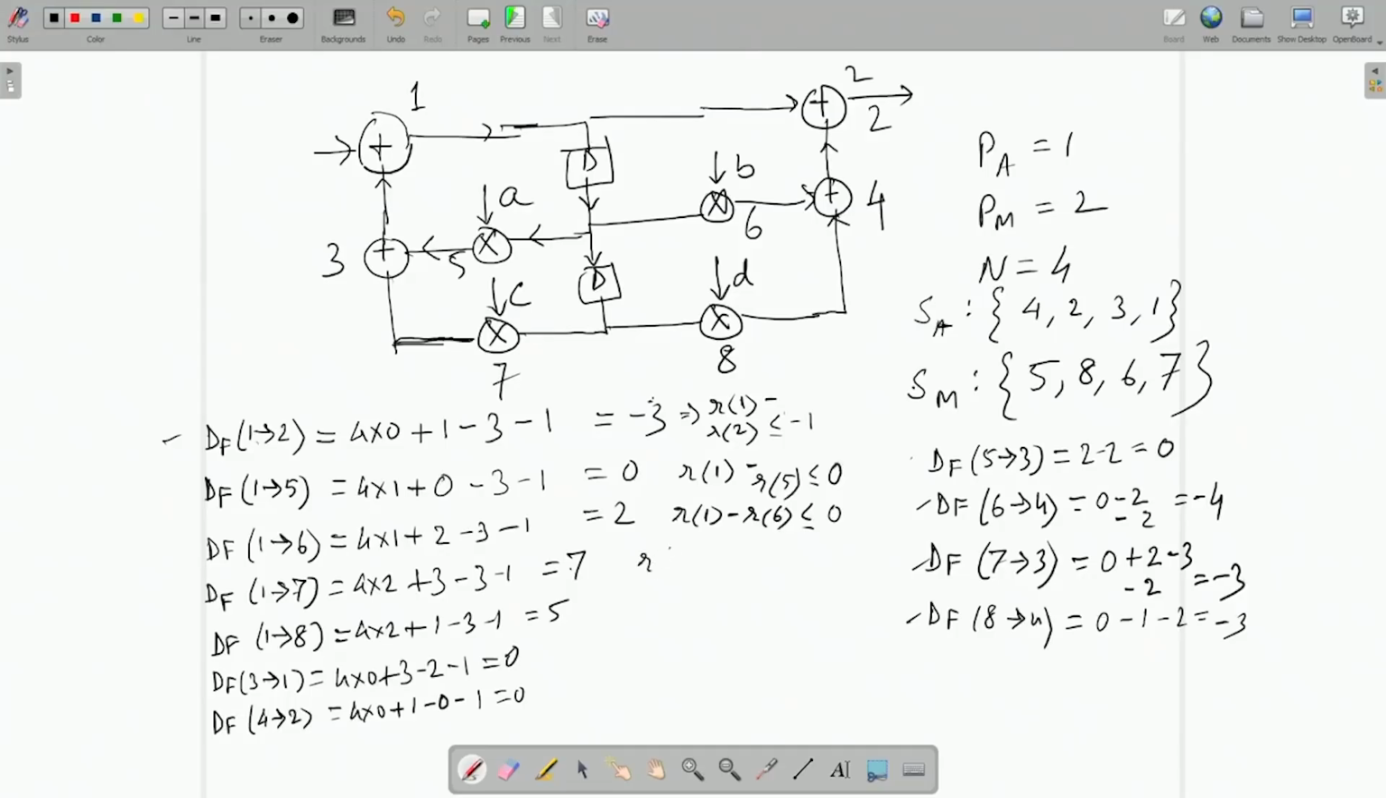Okay. Then R of 1 minus R of 7 less than equal to 7 by 4. 7 by 4 is 1 plus 3 by 4. So, integer just below this is 1. Similarly, R of 1 minus R of 8 less than equal to 5 by 4, which is 1 plus 1 by 4, integer below it is 1. R of 3 less than equal to 0. R of 4